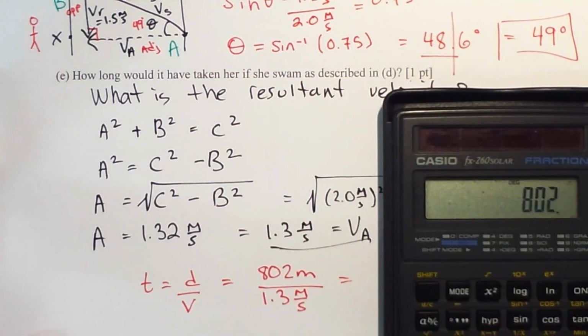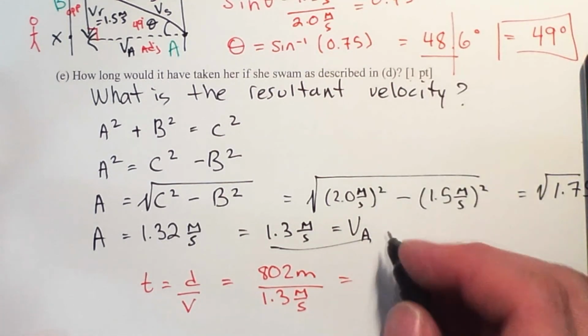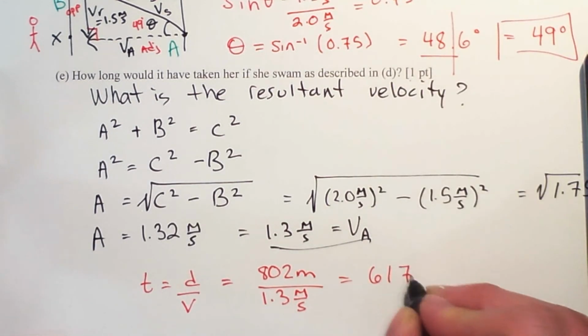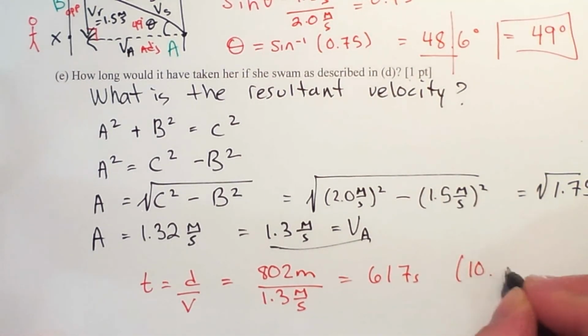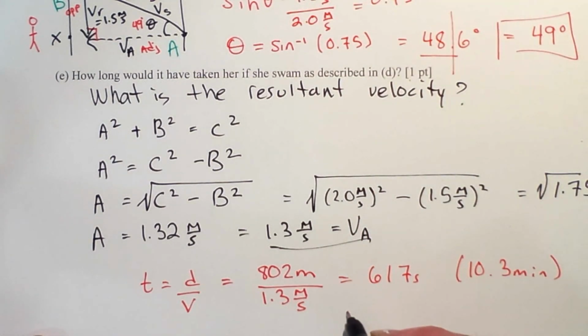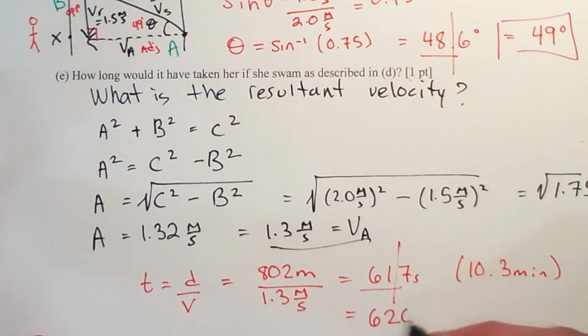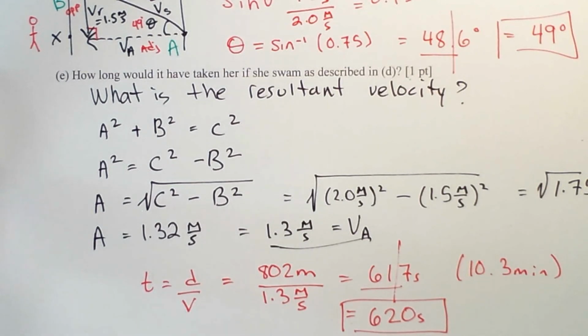So 802 divided by 1.3 equals 617 seconds, or 10.3 minutes. Should probably clean this up for significant digits because I still only have two. So 620 seconds it would take for her to cross. And that is essentially how we do most of our relative